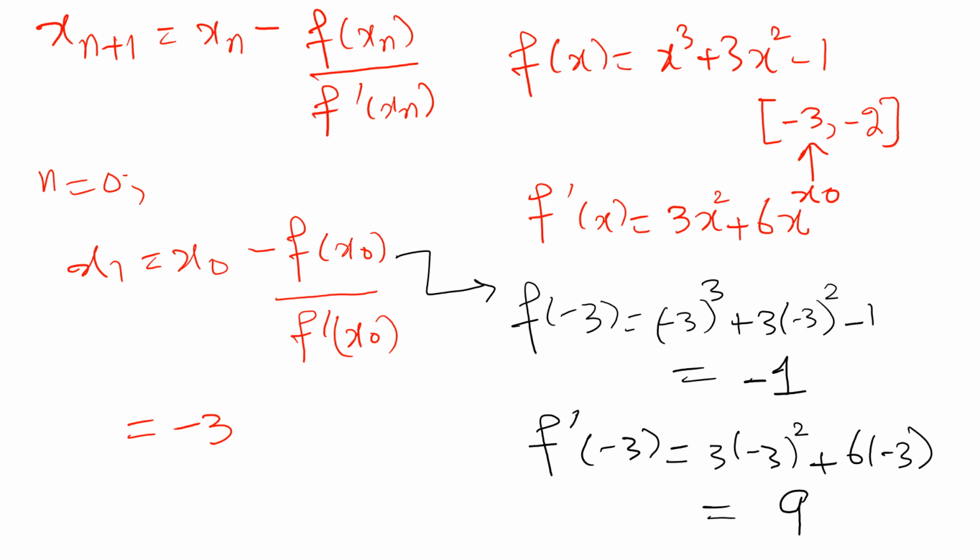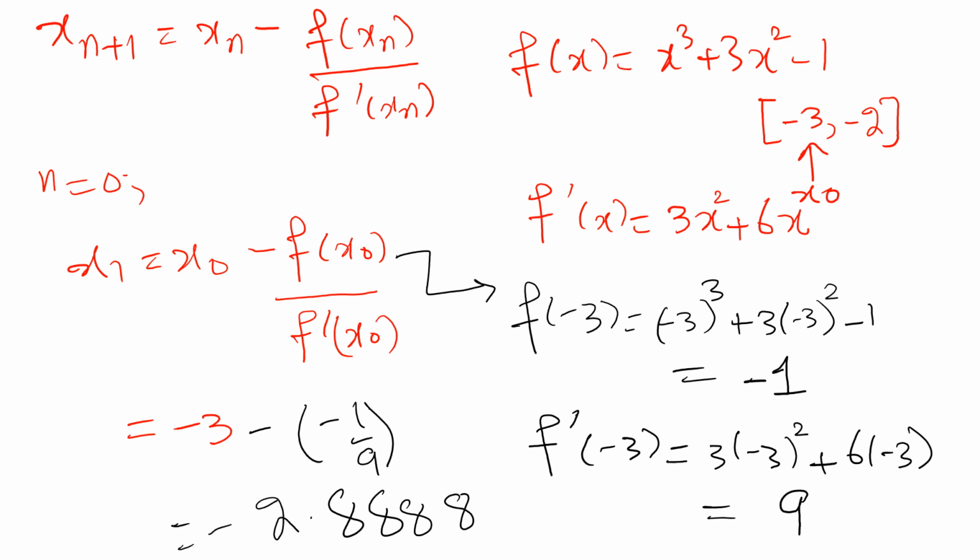Okay, so we have all these values. So what I have to do, I just plug these values here. This -3, this is the minus sign from this one. The function at x naught is -1. The derivative of that function at x naught, where x naught is -3, is 9. So the answer is -2.88888. Okay, so we have found that x naught is -3 and